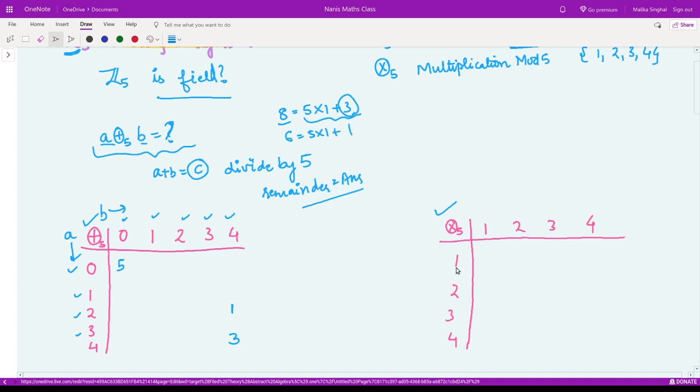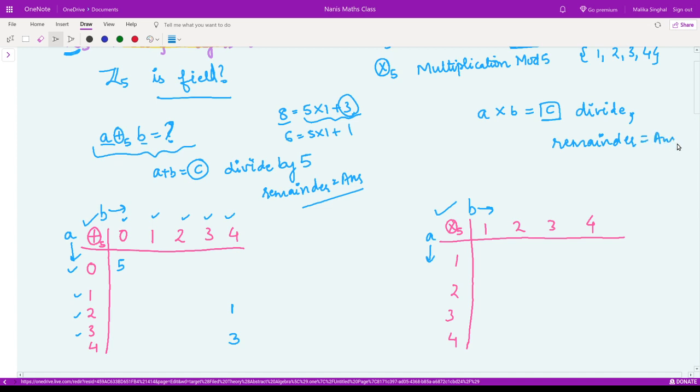For the multiplication table, we are simply taking two elements. Say A is this column and B is this row. Then I multiply these two, whatever is the number here. Then I divide this number by 5 because we are calculating mod 5, and whatever is the remainder thereafter, that would be my answer.